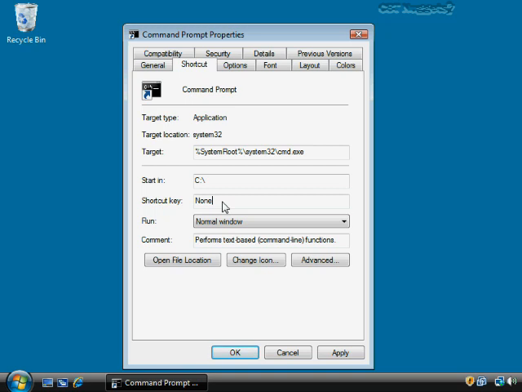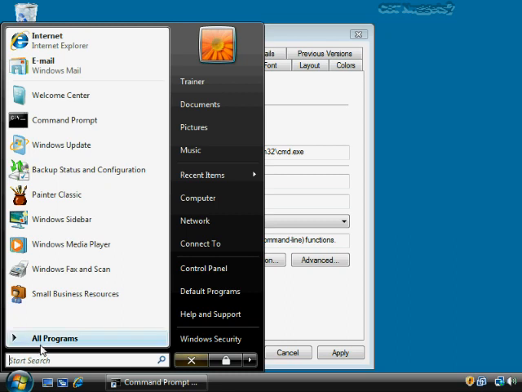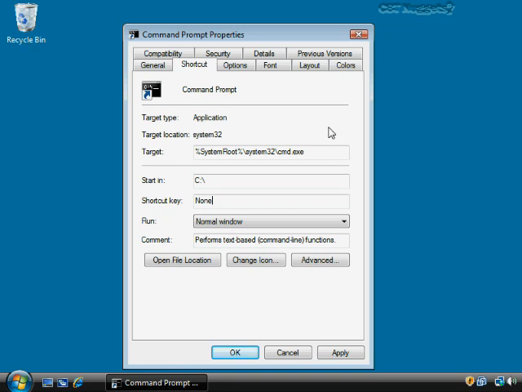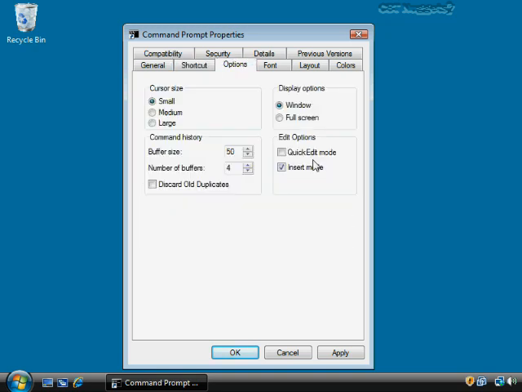I also like a shortcut key because as much as I use the command prompt, I like to go Start, and then All Programs, and then Accessories, and then Command Prompt. That's kind of cumbersome to do on a regular basis. So I just use a shortcut key of Control-Alt-M, and all I did here was I just pressed the letter M, and by default it affixes Control and Alt to that shortcut. You can also change whether or not it's a normal window, or if you want to change the way the window appears here as well. The other thing that's of particular importance, I think, here would be the Options item, and on this one I choose Quick Edit Mode.